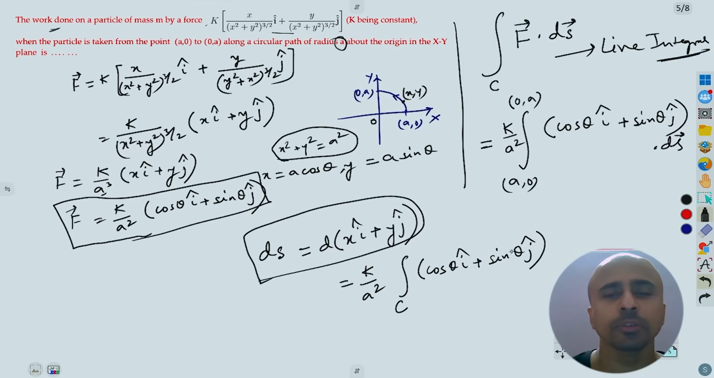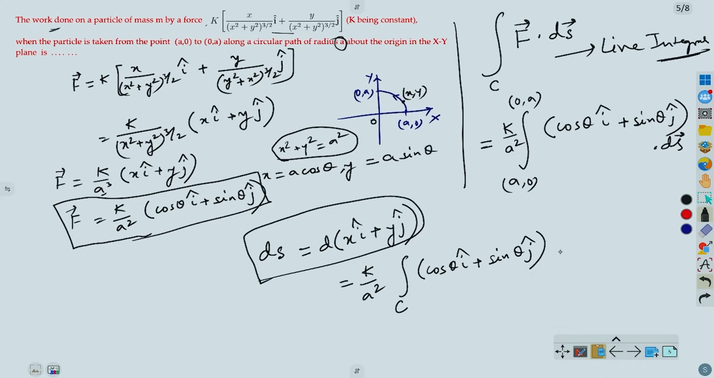Sin theta j cap. Now observe that, as we mentioned earlier, since we are lying on the circle, we are working on the circle, so we can simply replace x by a cos theta and y by a sin theta. So this is basically dot d of a cos theta i cap plus a sin theta j cap. We simplify this. The a will be outside, so it will be k by a